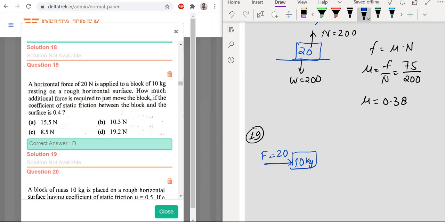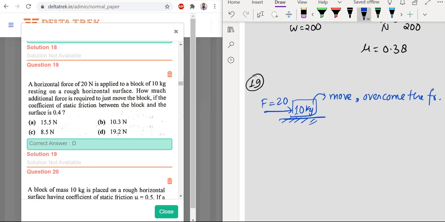Now it says how much additional force is required to move it. सो टू मूव इट, मूव करने के लिए हमें क्या चाहिए, ओवरकम द फ्रिक्शन. सो इट मीन्स फ्रिक्शन फोर्स हम अगर निकाल लेंगे, सो वी कैन से कि विद हाउ मच स्पीड इट मस्ट बी मूविंग. सो कितना हो जाएगा, फ्रिक्शन सॉल्व कर लेते हैं. फ्रिक्शन मैक्स,